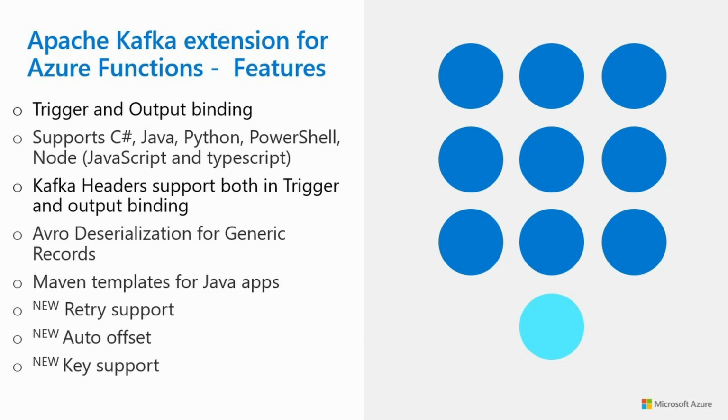Now let me talk about the new features which were launched very recently. The Apache Kafka extension for Azure Functions supports a retry policy, which tells the runtime to rerun a failed execution until either successful completion occurs or the maximum number of retries is reached. Because error handling is very important, right, to avoid data loss or missed events, or also to monitor the health of your application. The retry policy is evaluated when a trigger function raises an uncaught exception.